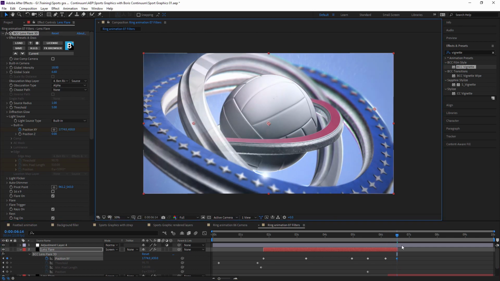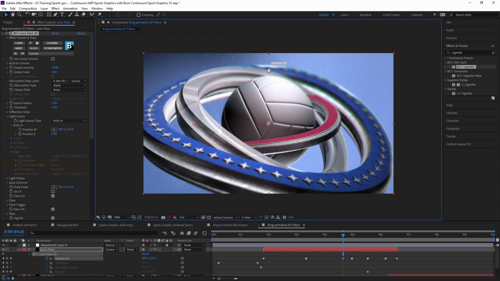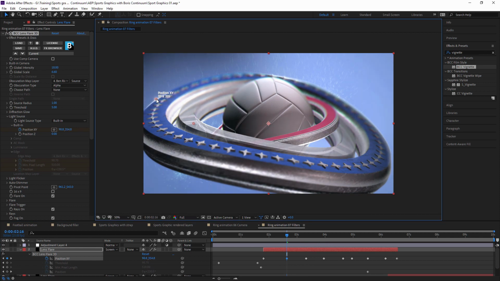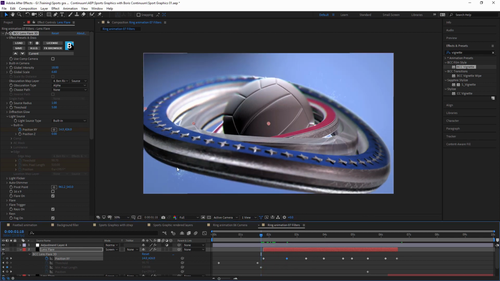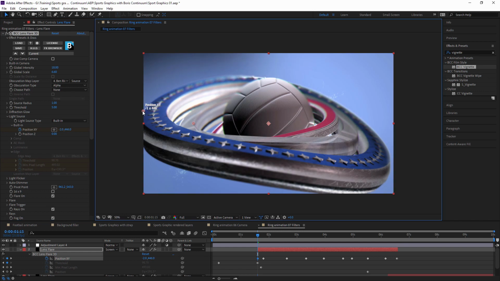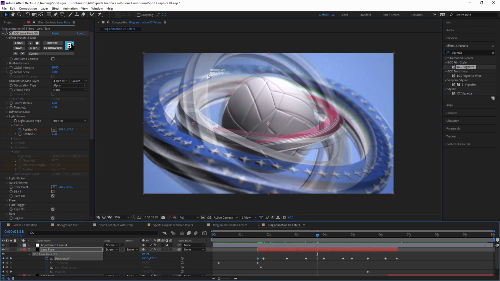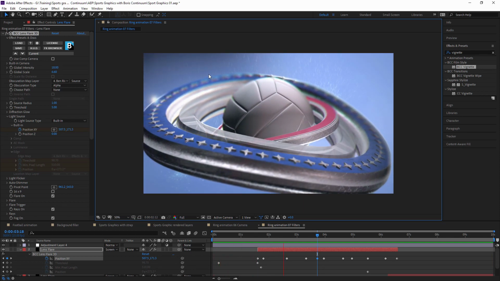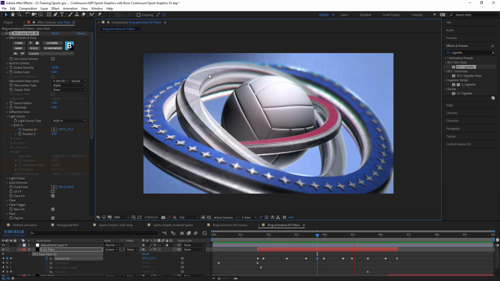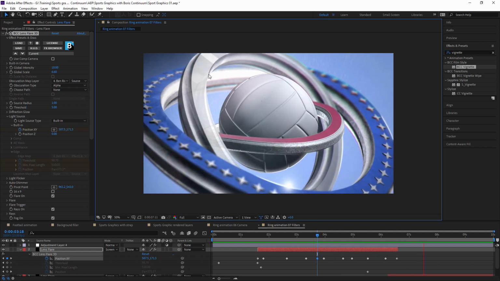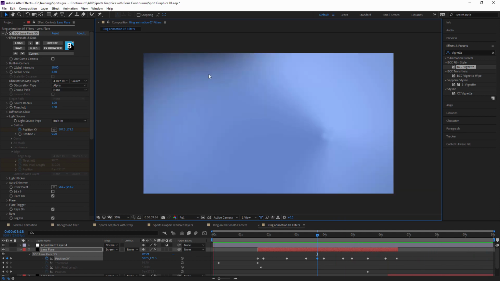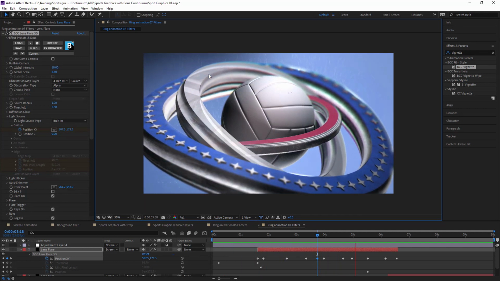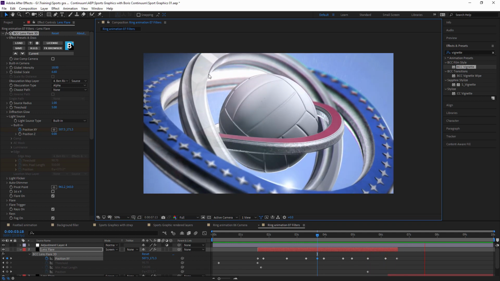Maybe I have a little bit more of a transition over those two, because we've seen we probably don't want 2 flares happening at once. That might be a little bit too much. And let's start this off the screen a little bit. Let's give that a quick RAM preview and see how that works. With a tiny bit more love, that could work really, really nicely. But we're kind of all right how it is there. Obviously, I might want to just tweak up a few things at a later date, but I think for now, that's starting to come together quite well.